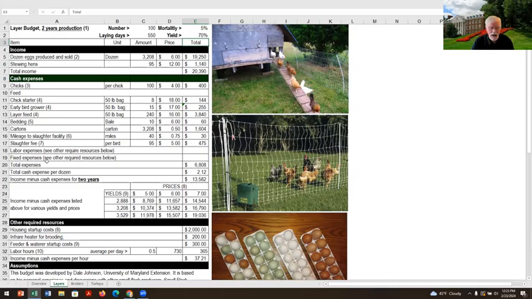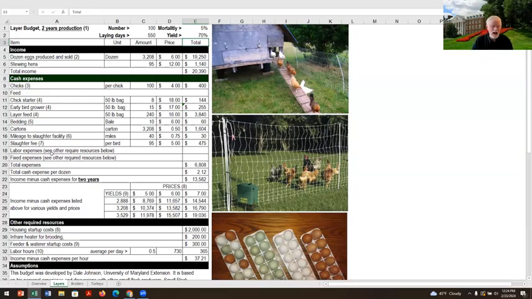Okay, now we have labor expense. And I don't have anything in there, because what I'm going to do with this budget is take the profit for my labor. So when we get down to the bottom line, that's what I'm getting for my labor. Now, if you're going to hire somebody, you definitely got to put it in there. Or you may want to put in a labor and management cost for yourself. You say, okay, this is what I got to pay myself. But I prefer just to say, okay, the bottom line, that's what I'm going to get for my labor.